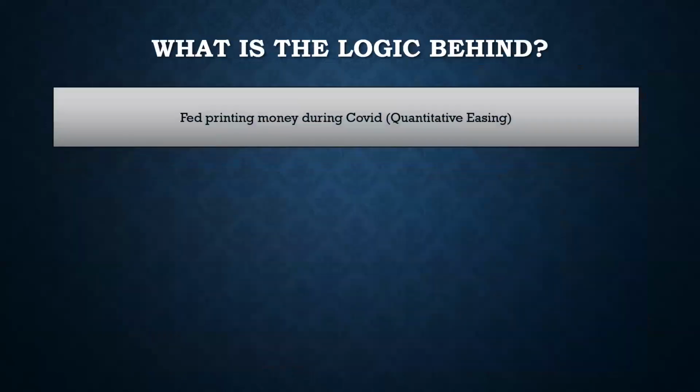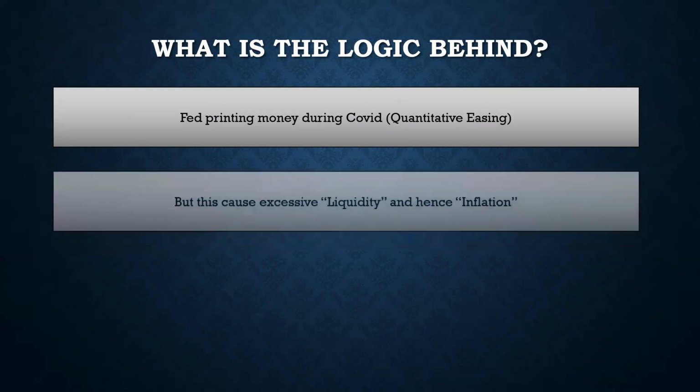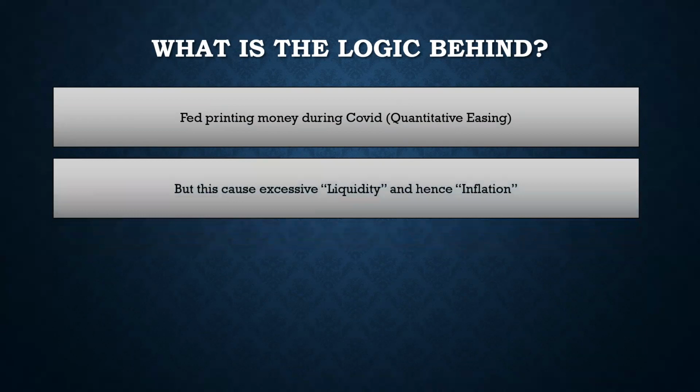What is the logic behind it? I don't understand this logic, as I was mentioning. The Fed printing money during COVID, called quantitative easing, so that the economy can thrive at that point of time. I did not understand the logic of why you would print money. You should focus on removing the disease or whatever. For the short term, there might be some problem, but that would be an economic issue and it would come back to a normal situation. But the Fed printed money during COVID, which increased the liquidity, excessive liquidity, and because of that,